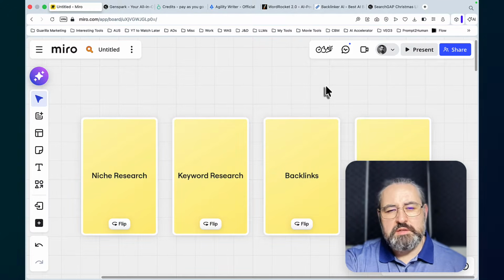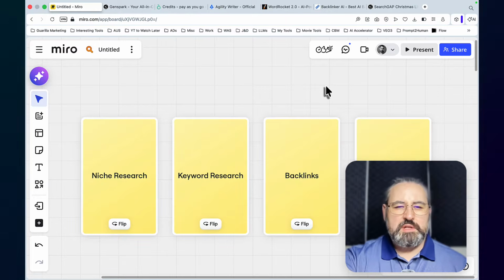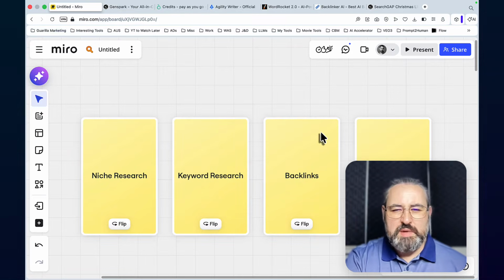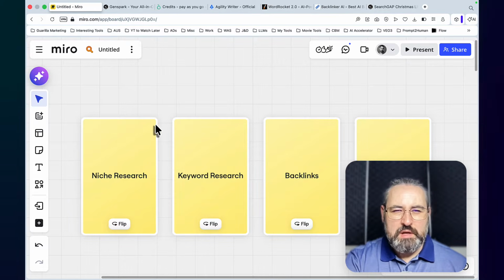In this video, I'll give you my honest opinion on the tool stack for SEO going forward into 2026. This is one of the most asked questions as of late. Which tools do I choose? Which tools do I need? I'll try to answer this as best as I can. This is going to be a very short video for the tool categories: niche research, keyword research, backlinks, and copywriting. I'll just unveil each tile one by one, briefly talking about the tools that I have chosen.